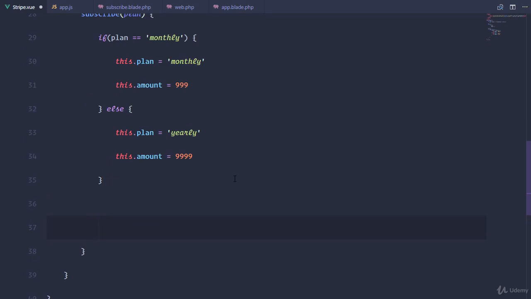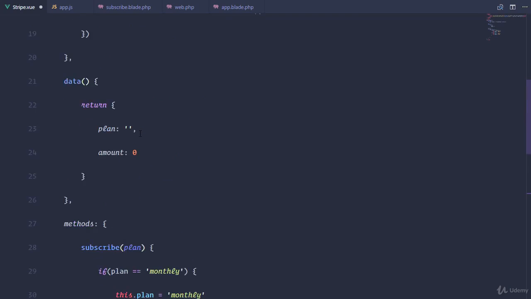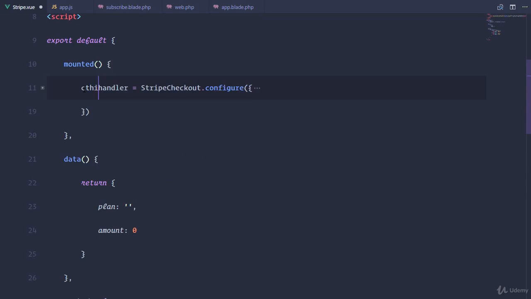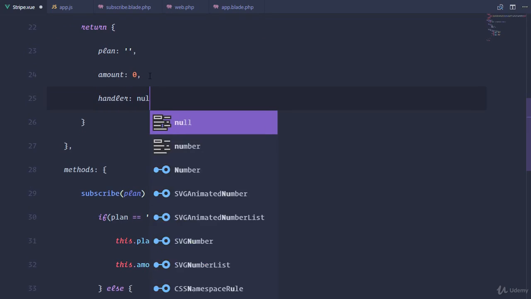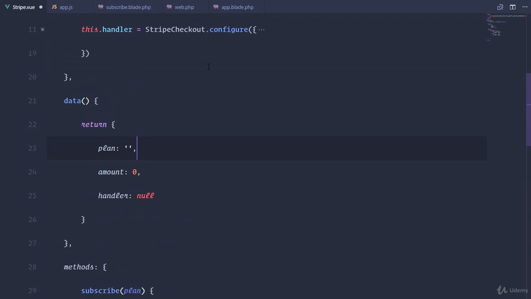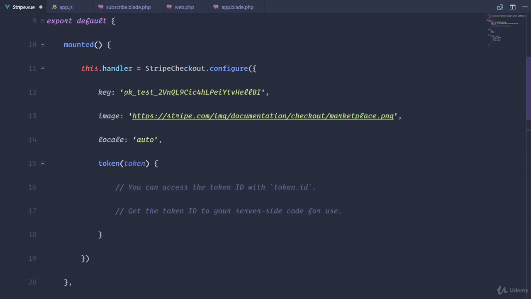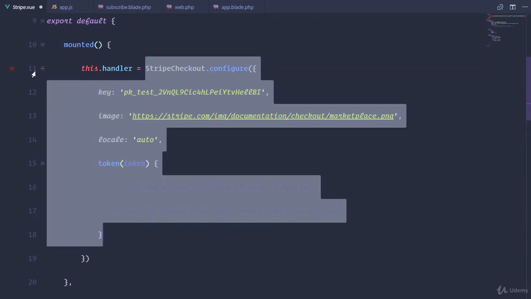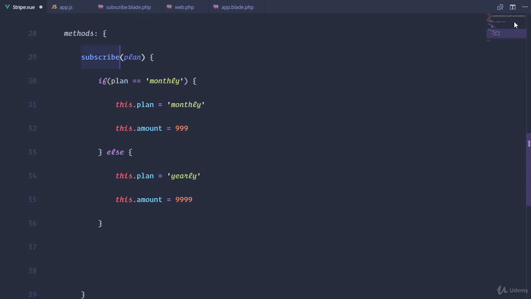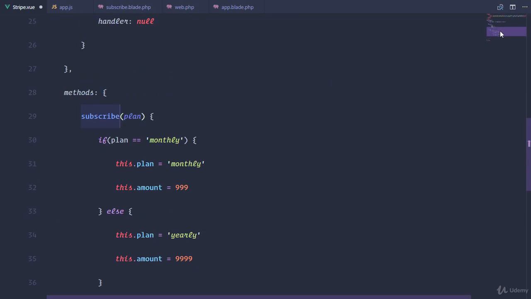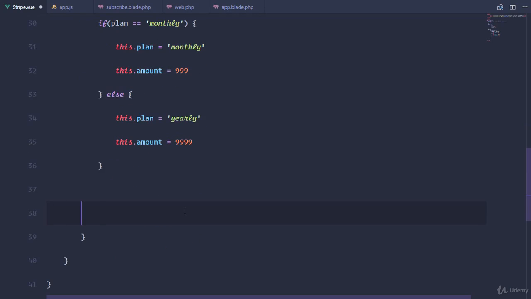Okay, so once we set that, we already know if it's the monthly or the yearly. We need to open our handler, so we need to be able to access the handler. So why don't we do this? We would say this.handler is equal to Stripe checkout. Therefore, we have our handler right here, which is null by default. So when the component is mounted, we save the Stripe checkout configuration, and once we save that in the handler, we are able to call the subscribe method when these two buttons are clicked, and the subscribe method is going to know if it's the monthly or the yearly plan, and